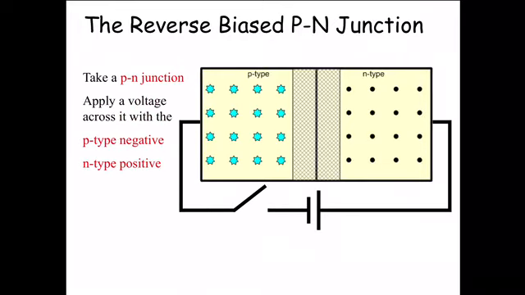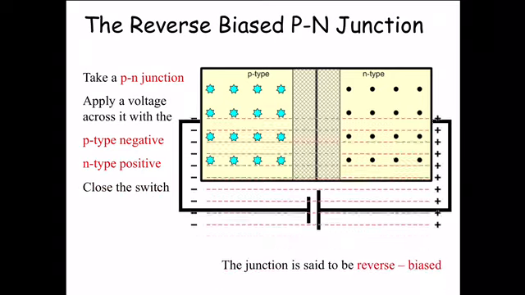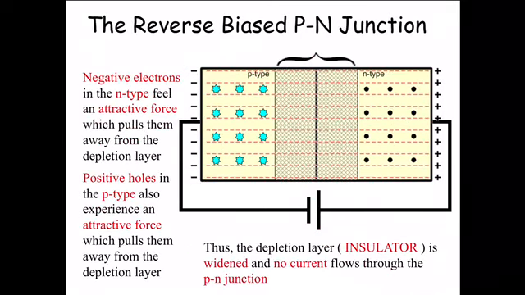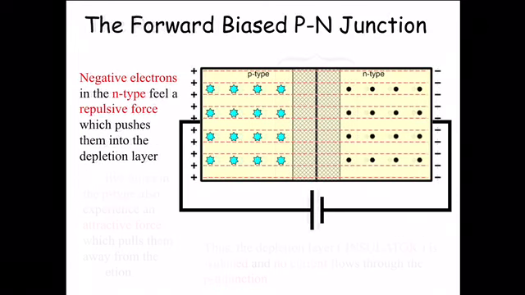However, if you connect it in reverse bias, so that the positive is connected to the negative pole of the battery, then what essentially is happening is you're drawing the positives towards the negatives and increasing the size of the depletion layer. The depletion layer grows. That's a 0. If you turn the battery around the other way into forward bias,